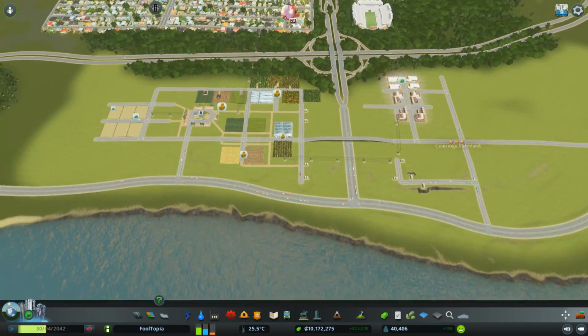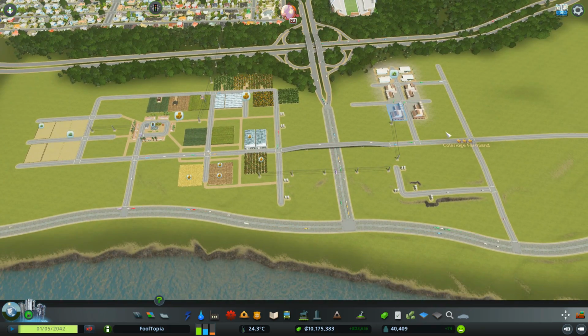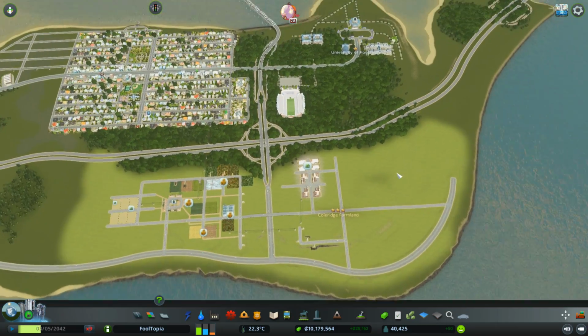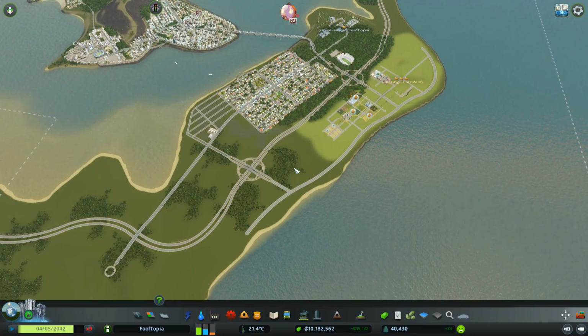And there we go. So not enough buys for goods, understandable, because you have no really good export areas. And I do need to set up the factories and stuff as well to produce other types of goods. So that's probably something I'll look at next episode. But for now then, guys, the progression on this kind of little...